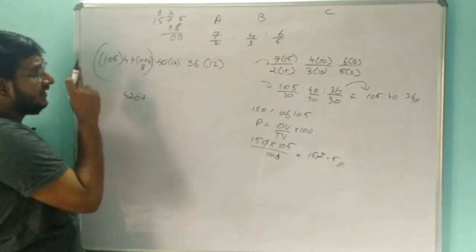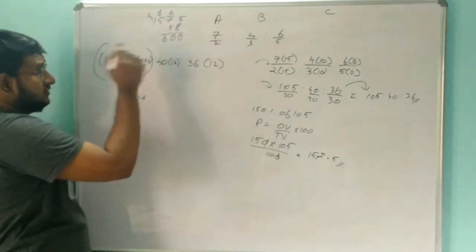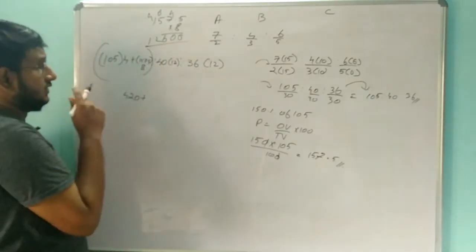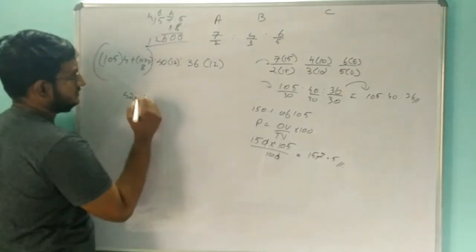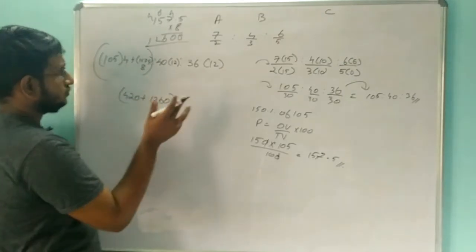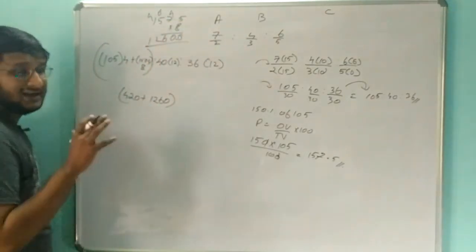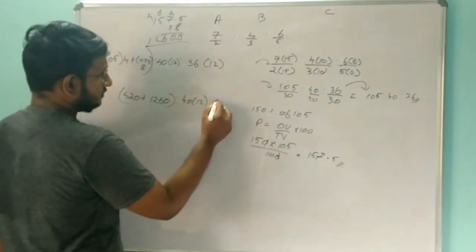Then 8 5s are 40, 8 1s are 8, 12. So 1260, yeah, 1260. Since at this point we can neglect the 0, 1260 is to 40 into 12 is to 36 into